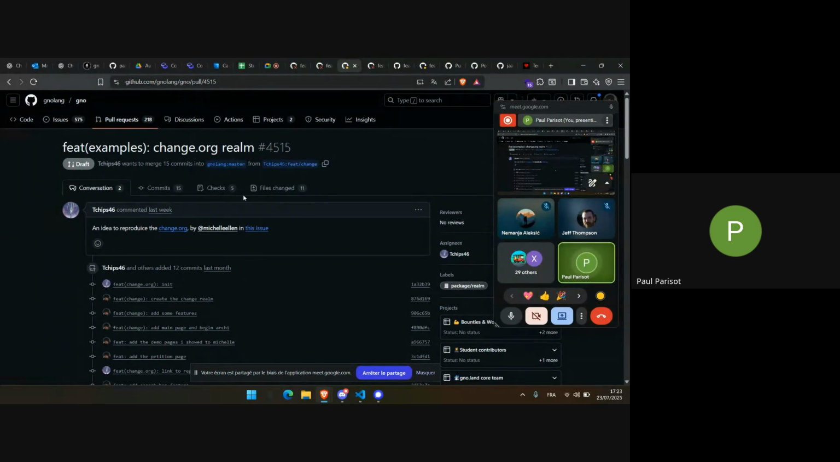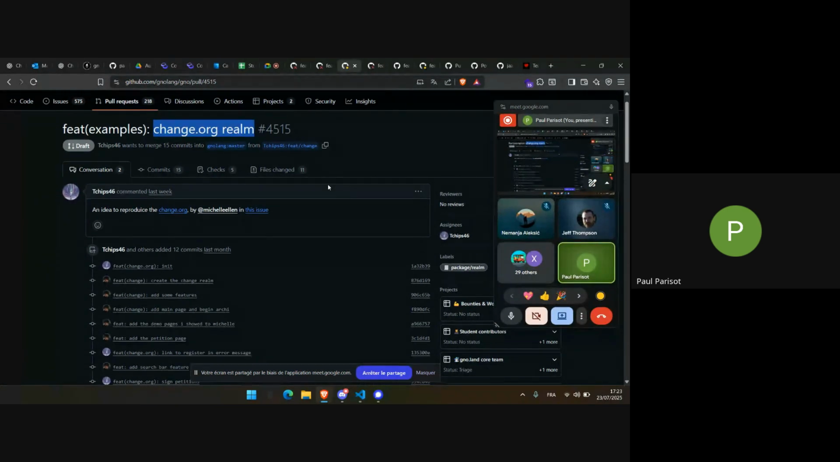Next is the change.org realm. So this was an idea of Michel that we just heard a few moments ago. Basically it was just recreating the change.org website, but in Gno. So I think it's nearly done. It's not done yet, but we plan to finish it